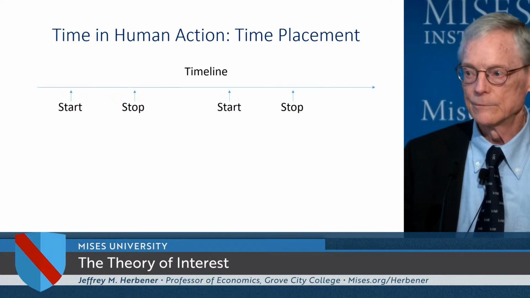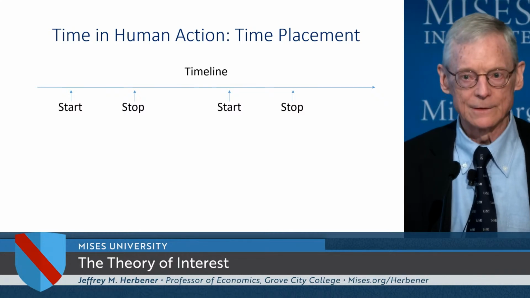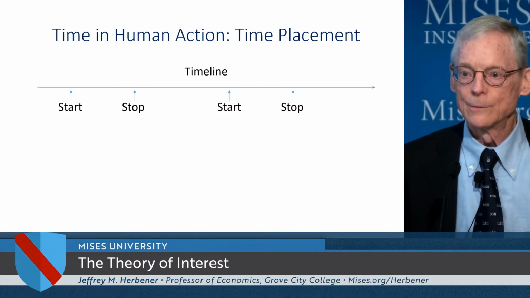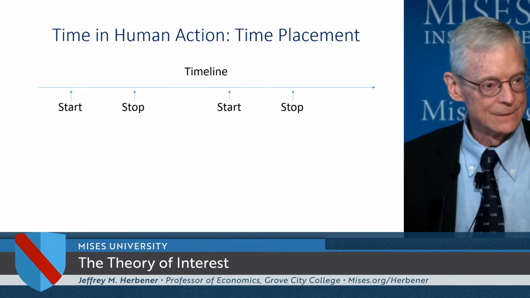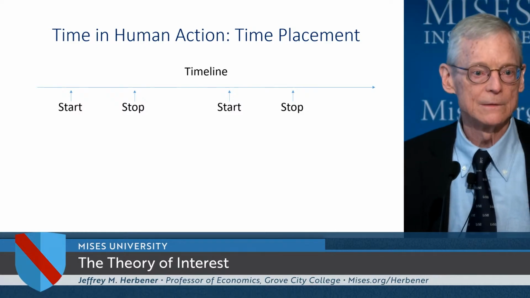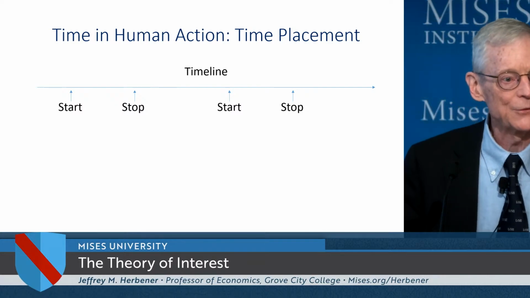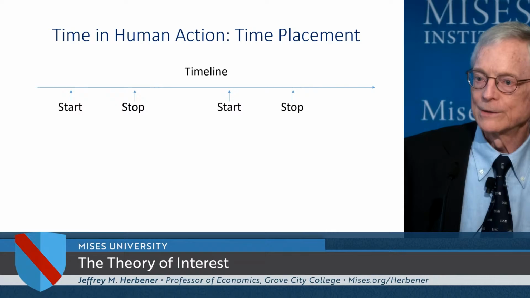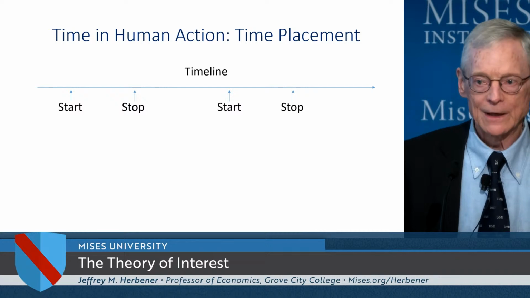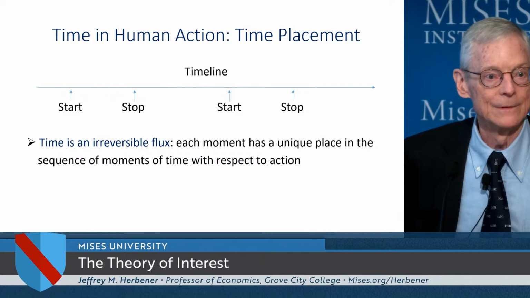And on the timeline, what I'm illustrating here is we have a given action, and we could start it at, say, on the left-hand side where it says start. Maybe that's Monday morning, and we're doing this action over the morning of Monday. And the second start, further to the right, would be, instead of doing it Monday, we do it Tuesday. That's the idea, right? We could choose. For most actions, we're able to choose when to take the action, right? When to start, when to stop, what the duration is. This is time placement.